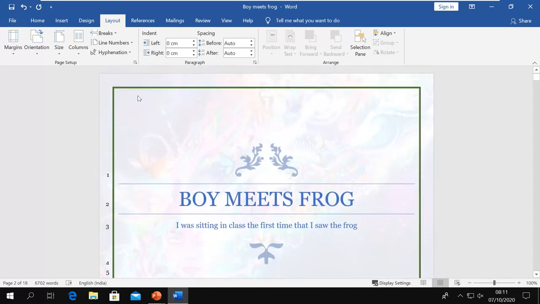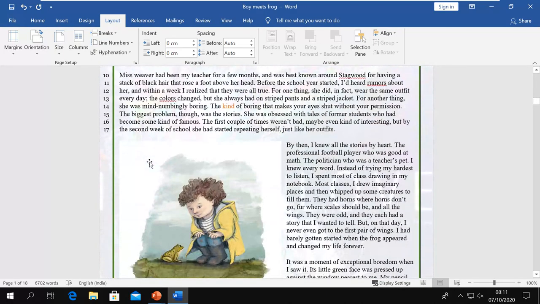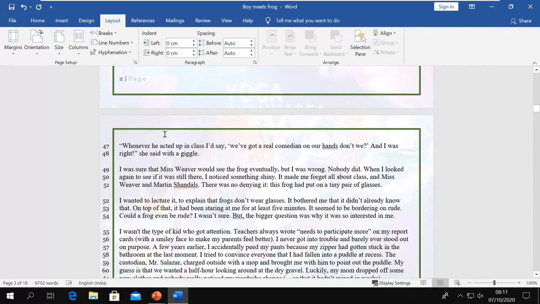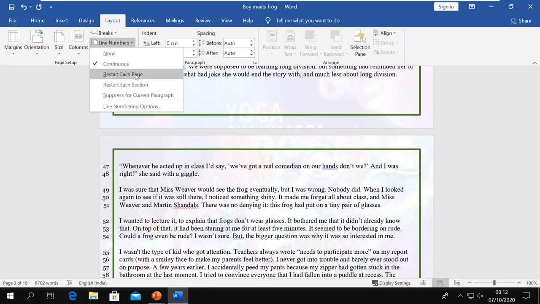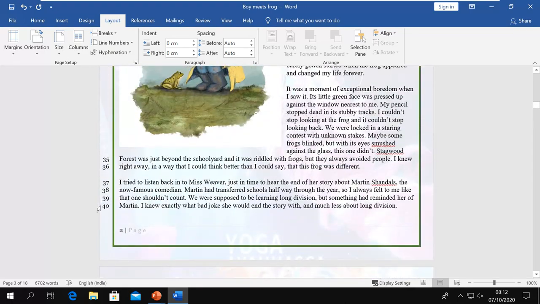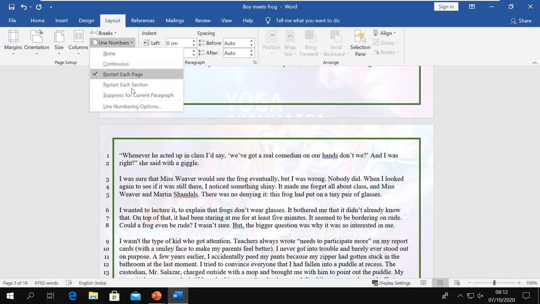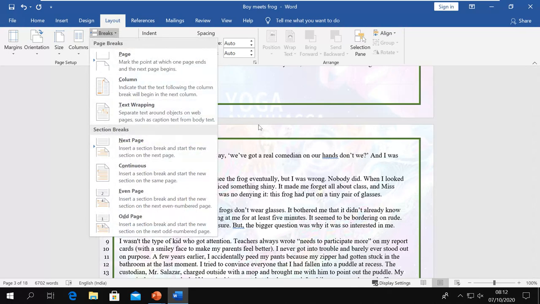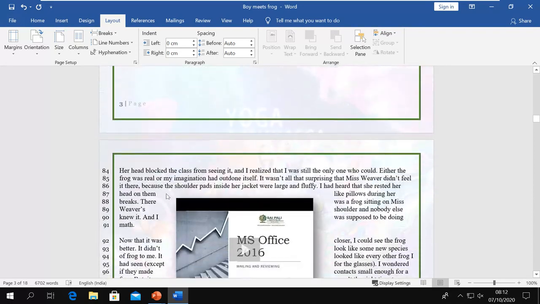from the first page 1 2 3 4 5 6, then you have 7 8 9 10 11 12 and so on. Or if you want, then you can have the line number restart on every page. So it will restart the line number from every page. That means here in this page it is ending on 40 and in this page it is starting again from 1. And you can have restart line numbers from each section. If you have divided the section from this, then it will start the numbering from different numbers for each section.